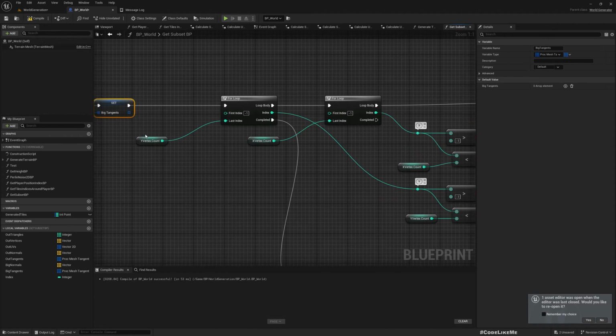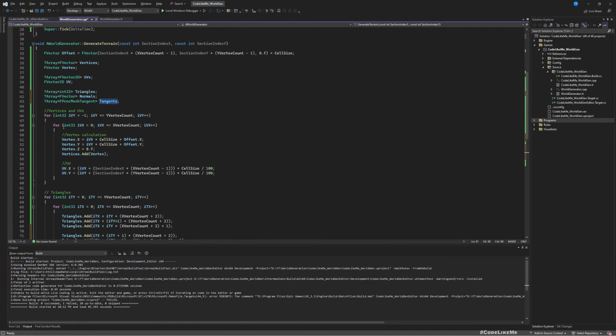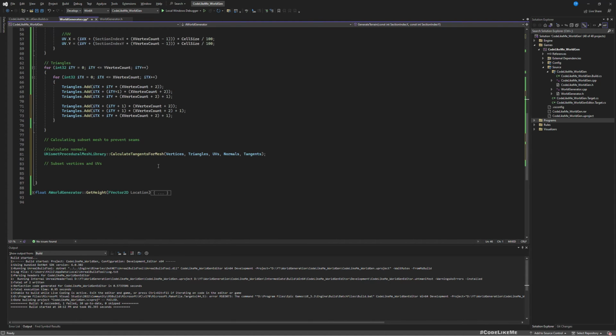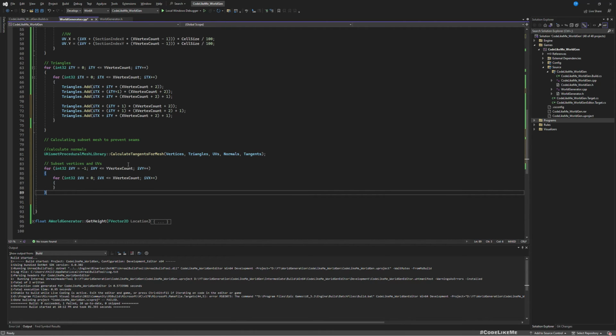That's the same thing here. So again, for each vertex, for the vertices we have, we need to iterate. So that means the same two for loops. Okay, so now we need